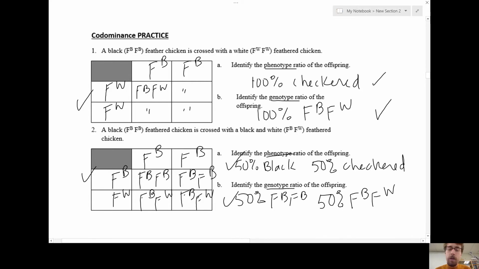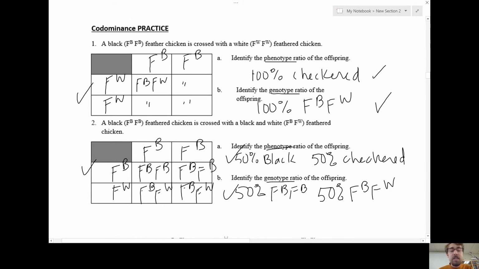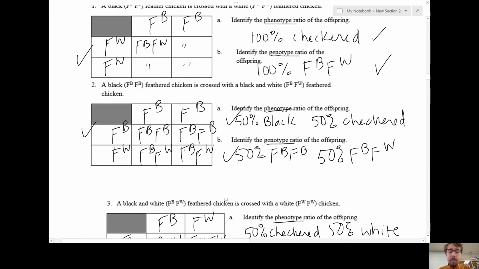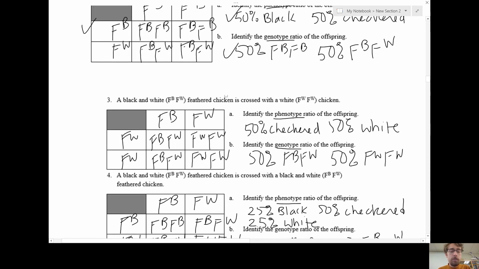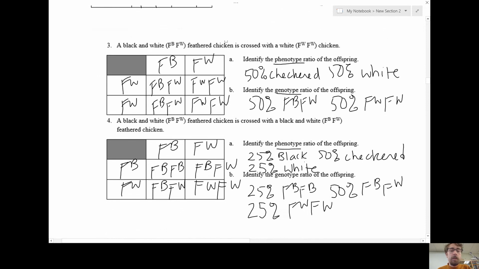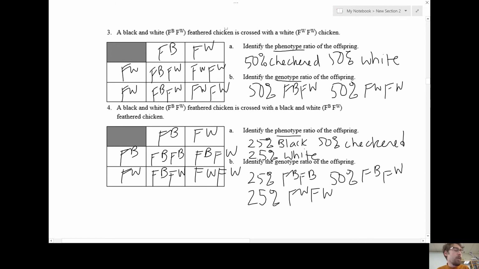All right, so hopefully you're able to figure those out without too much trouble. I'm just going to show the answers to you. You can compare your work. Make sure you got your Punnett squares filled out properly. If you have questions, let me know. If something didn't work out, again, let me know. Again, just take a second, compare your answers, and keep on moving, and we'll look at